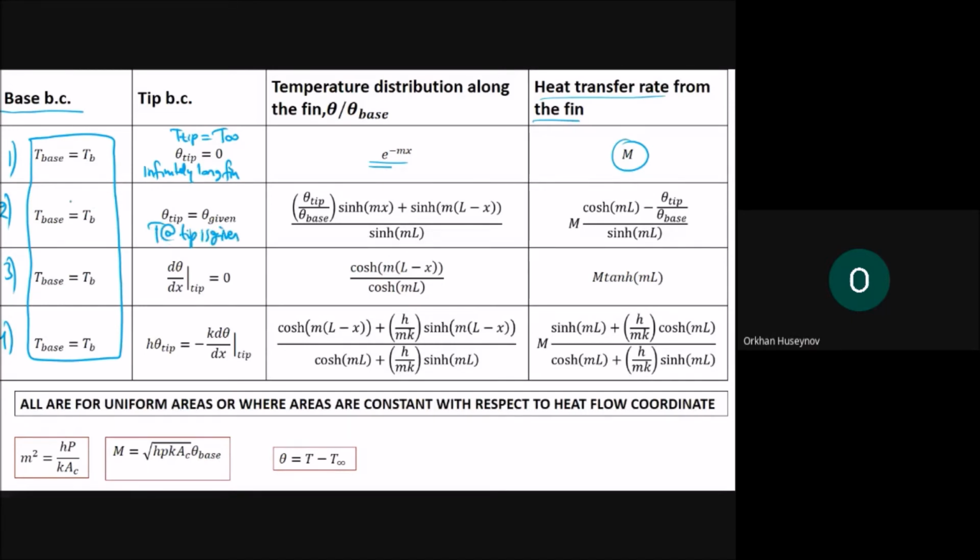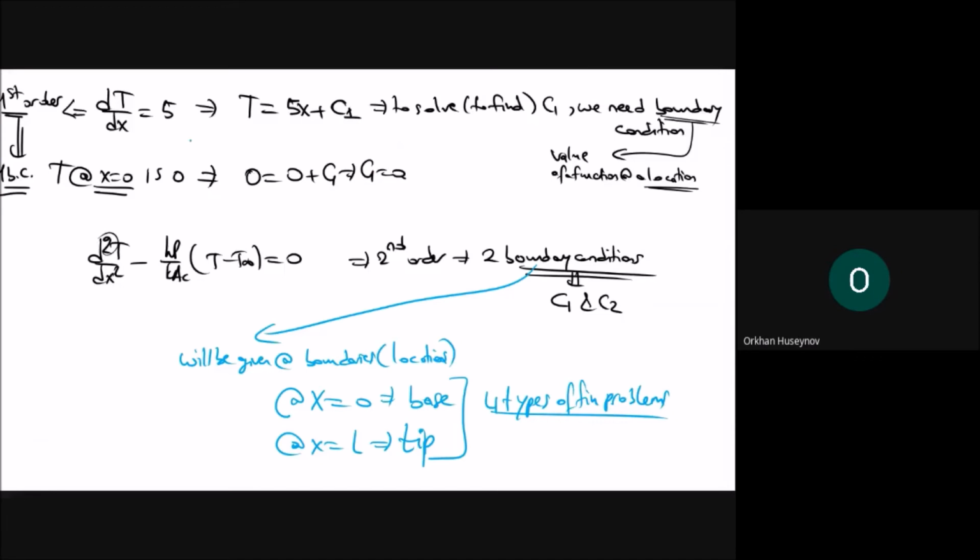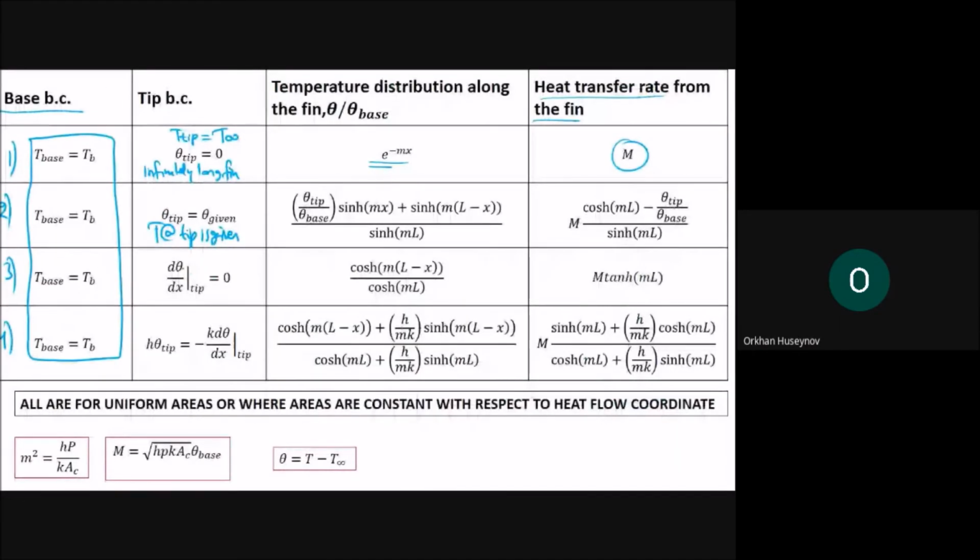Okay. Temperature at the base is always given. We are looking for the second condition that may help to solve this differential equation. And the third method is that the temperature doesn't change at the tip. It is possible that the temperature at the tip doesn't change. Okay, so this one is possible when you have the insulation